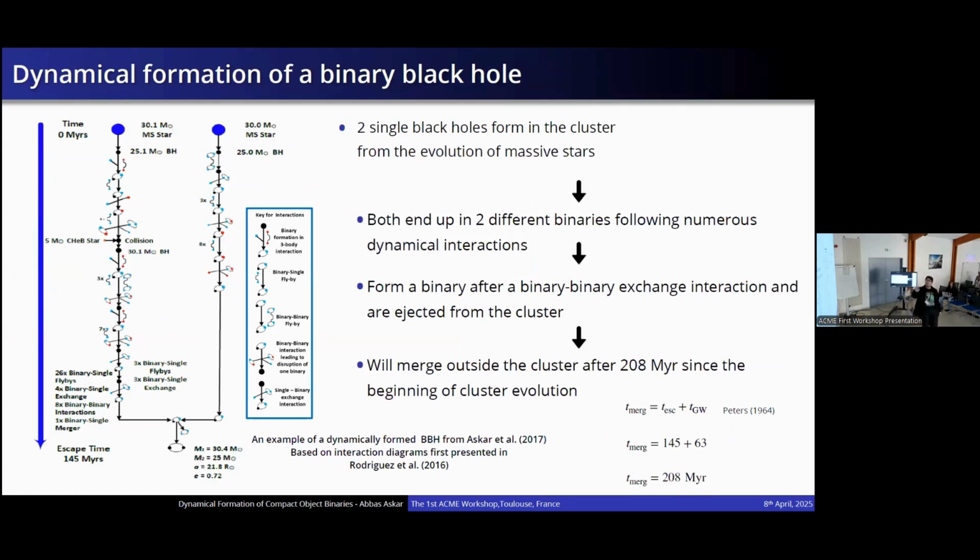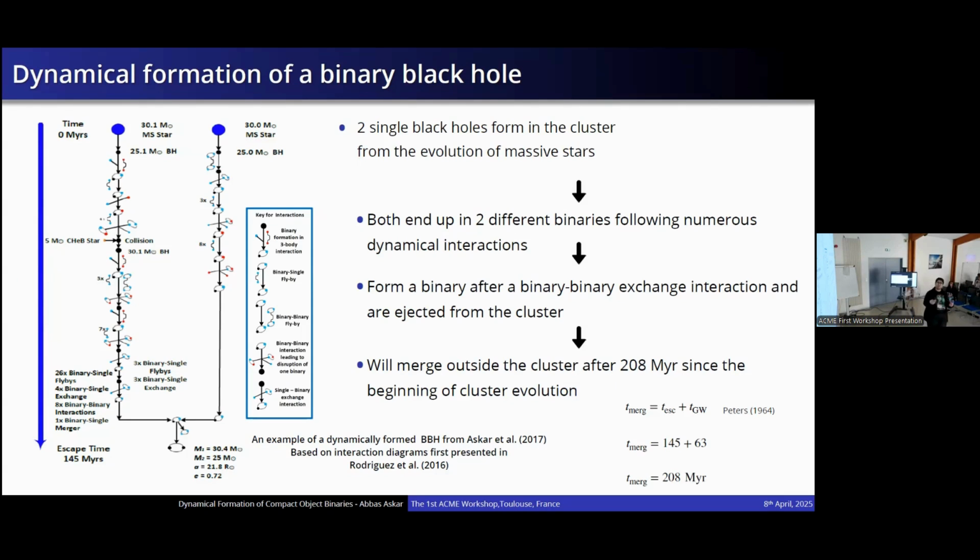And here's an illustration of how you can get a binary black hole to form in a star cluster. So two single black holes form in the cluster far away from each other. Then in the first 145 million years of the cluster evolution, they undergo numerous encounters. Each interaction that you see on the left here is basically an encounter with another star. And through this, the single black holes can enter into binaries,